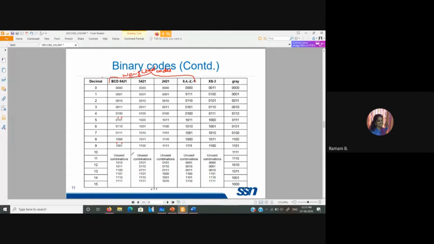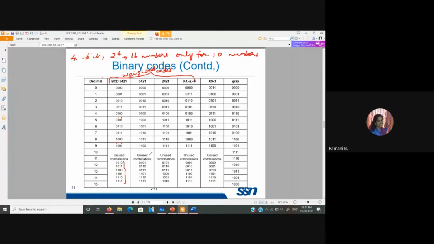Because we know with 4 bits I have 2 power 4 combinations, that is, I can represent 16 numbers. However, we are going to use it only for 10 numbers. So the remaining 6 combinations will be unused.